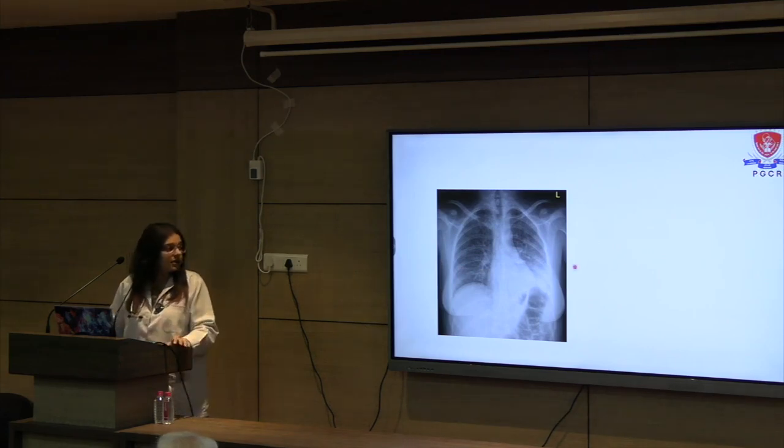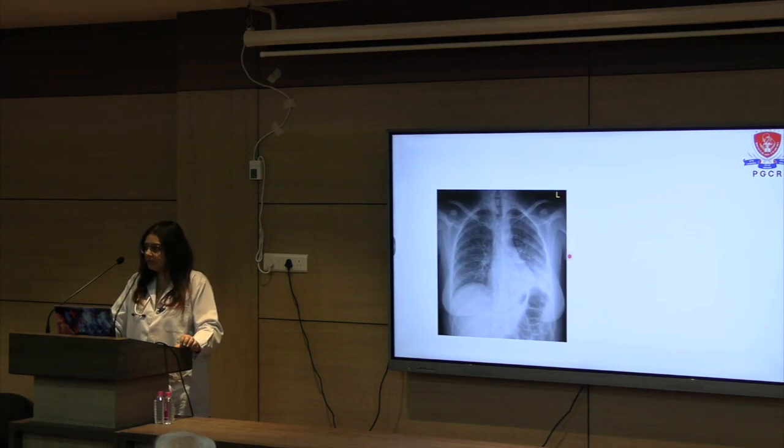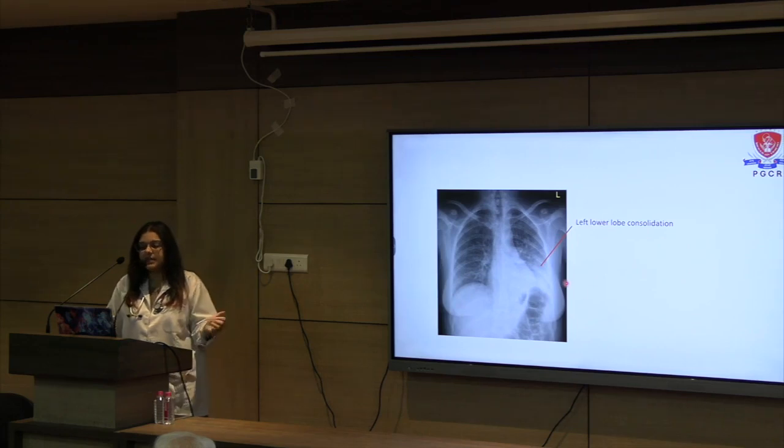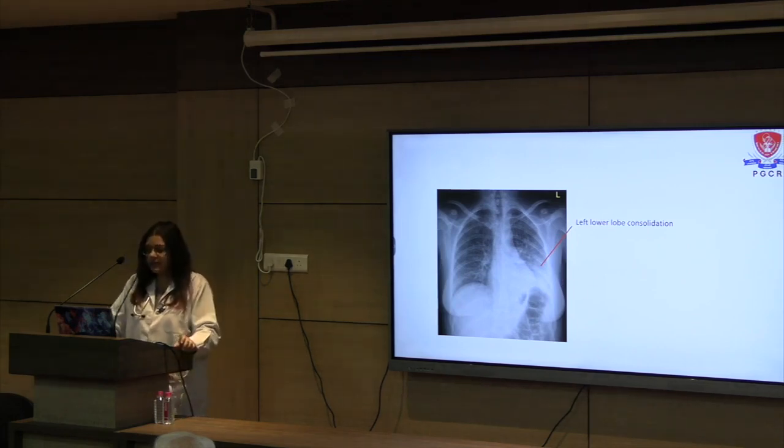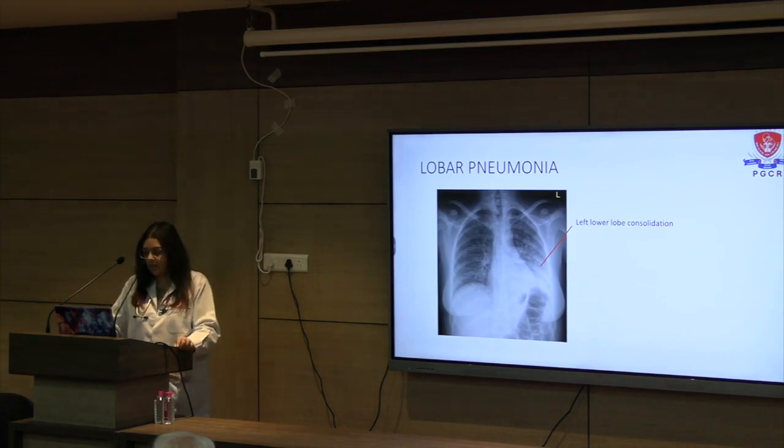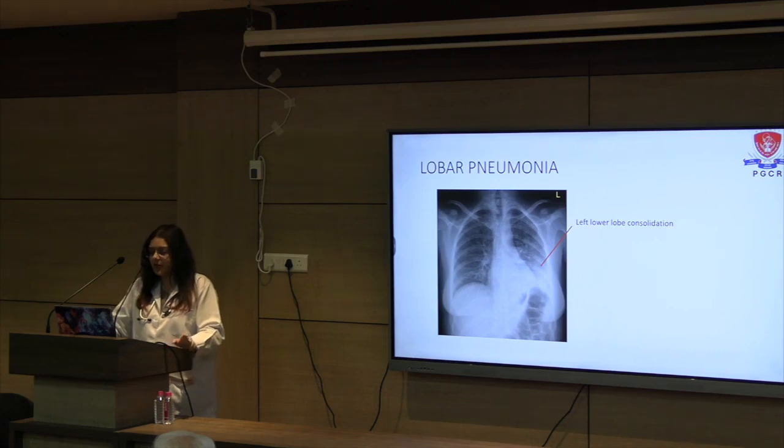In this X-ray, what do you think the findings are? Here we can see left lower lobe consolidation, and it is an X-ray of lobar pneumonia. In lobar pneumonia, the most characteristic feature is a homogeneous dense opacity involving a single lung lobe with sharp margins and fissures respecting anatomical boundaries, and air bronchograms are also present. Here we can also see the silhouette sign, in which the normal borders of adjacent structures, that is heart and diaphragm, become obscured due to consolidation.